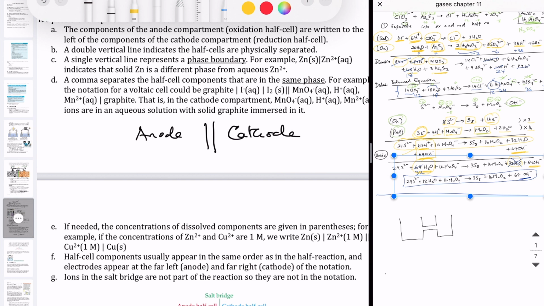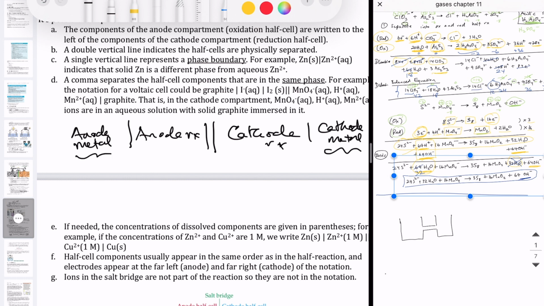And then between the anode side and the cathode side, on its own, we're separating them by a single vertical line. So the single vertical line here basically puts in the anode metal that you use for the actual anode. Remember, that's the piece of metal that actually allows the electrons to go. And on the cathode side, you also put the cathode metal here, separating it by a vertical line. So this is the anode reaction, this is the cathode reaction, this is the anode metal, and this is the